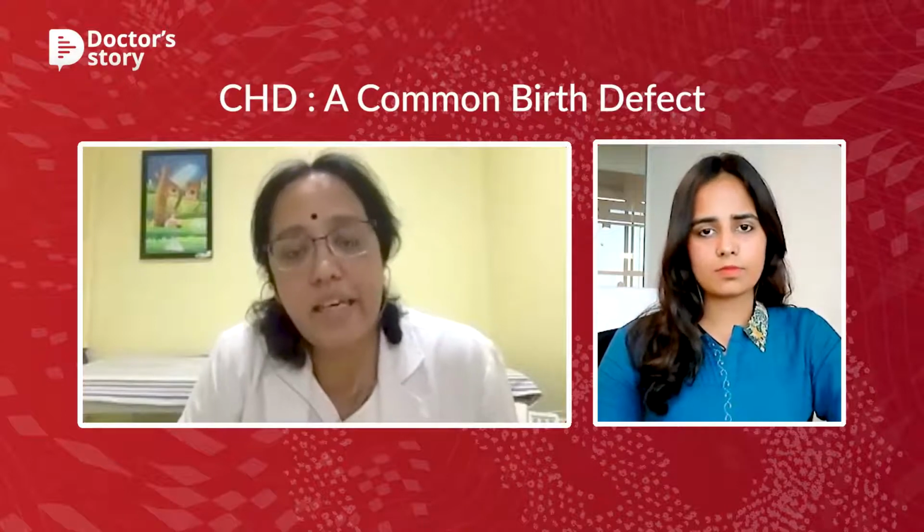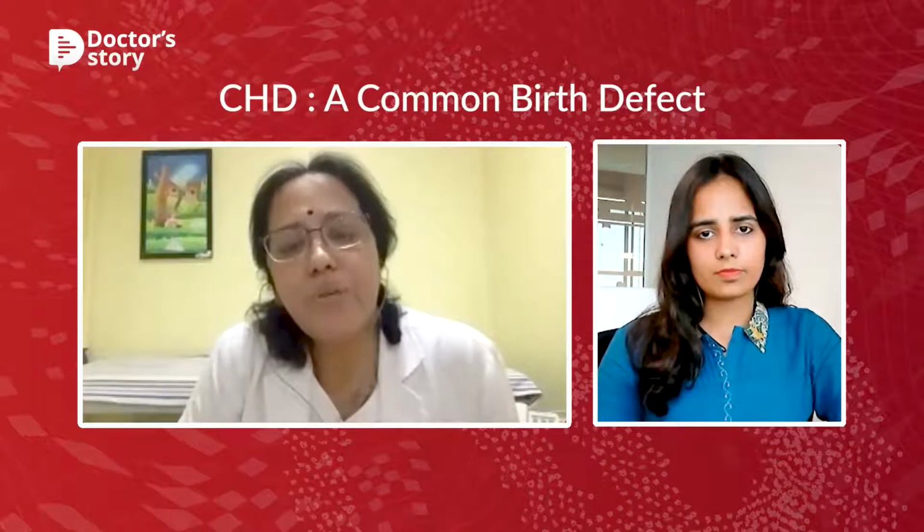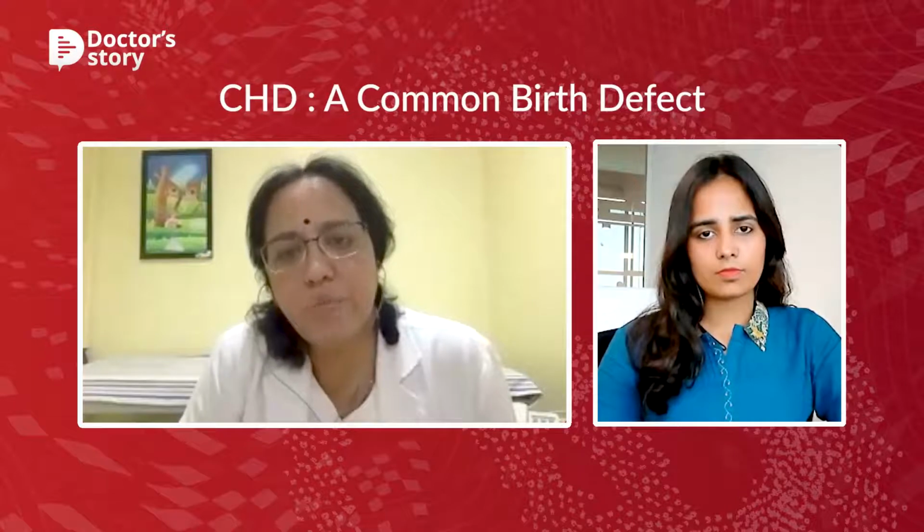Once the baby is born and gets accustomed to the circulation and the factors outside the mother's womb, that is when the heart and lungs have to start functioning on their own. And that is when these kinds of defects start presenting. When we talk about general congenital heart diseases, not the critically ill ones in the neonates, they usually present when the child is around 1 to 2 months of age.